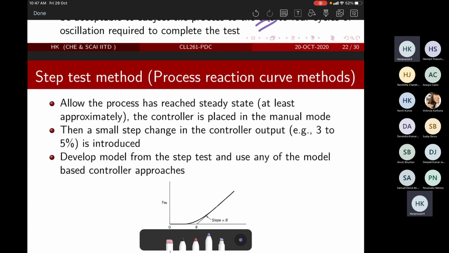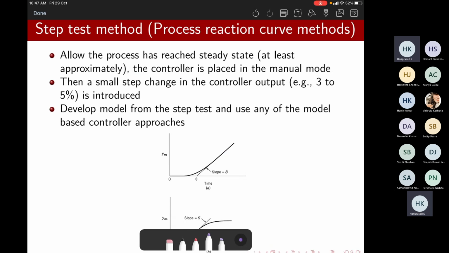Okay, assuming the same, I will move forward. Okay, the second point is